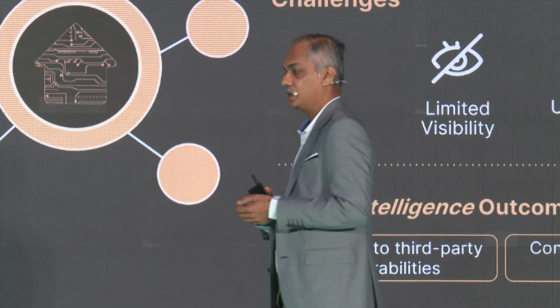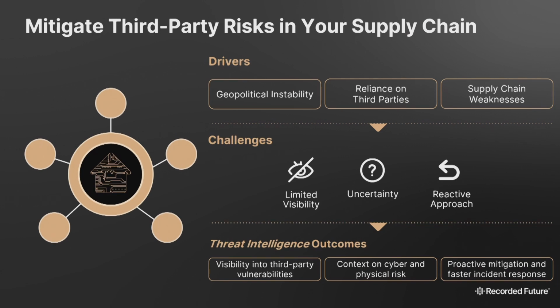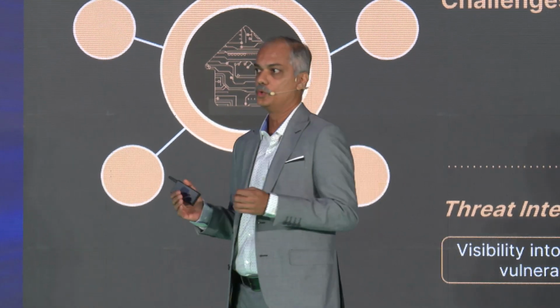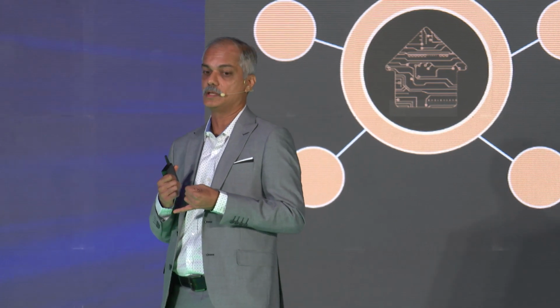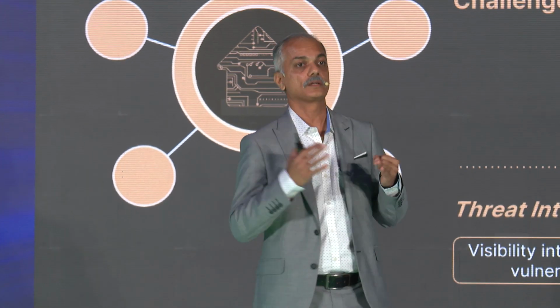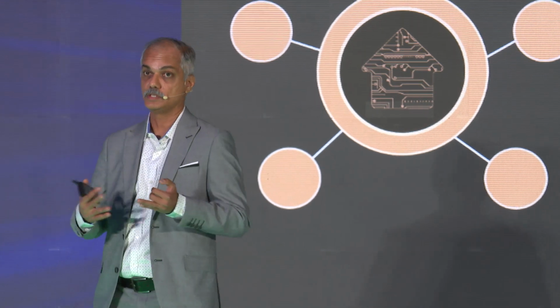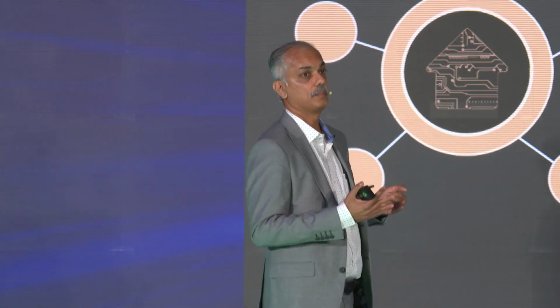The last but one in there is on the third party, right? Now, whatever I told about challenges and how to overcome that with threat intelligence in the first challenge, which is more focused on your environment, your brands, your domains, this is just looking at that same concept, but for all your third parties. So looking at credential leaks for your third parties in the dark web, looking at making sure that there are no gaps in their external side of things, looking at IPs, are they mentioned in some C&C servers? Is there any access of the third parties that is being mentioned?